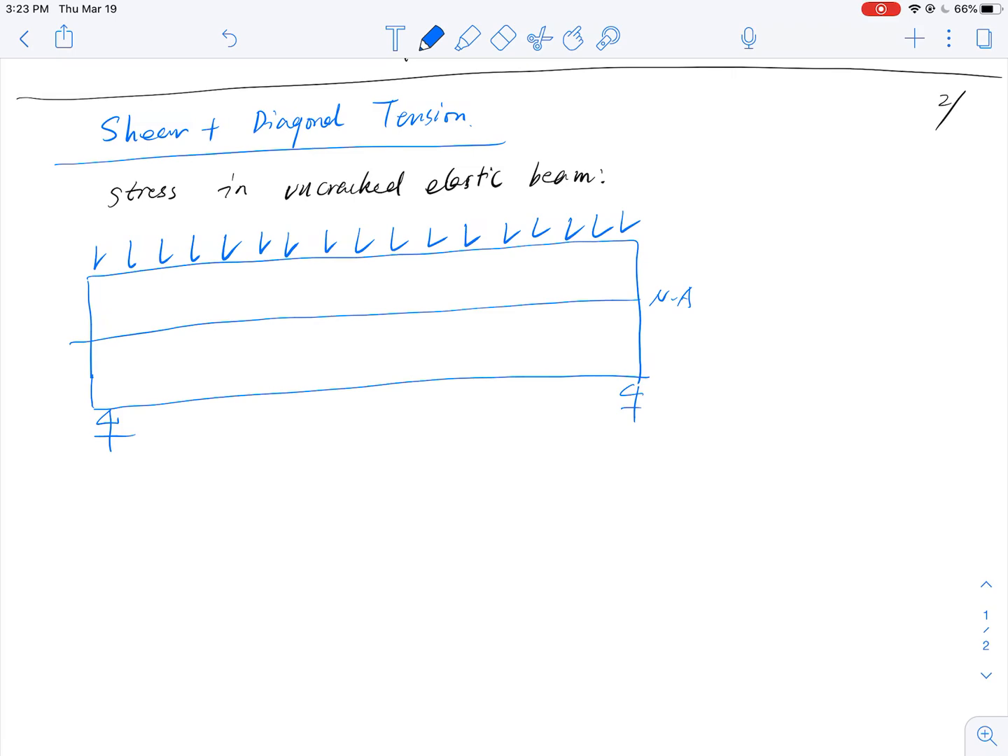To show some generality, let's just pick three elements. Okay, and first I'd like to pick an element in the top part of the beam. Okay, another one in the middle part of the beam, and the third element at the bottom part of the beam. Okay, and I know in terms of stress state,